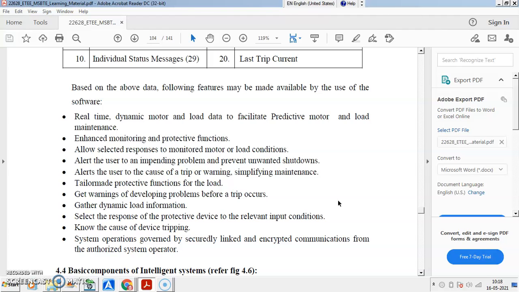Start analyzing. Your brain must be analytical brain. What I am saying, it is important. So analyze the things, analyze the parameters, think, and do the development. Enter, incorporate all these. Enter all these in your softwares. Develop software, develop logic. Go for more and more intelligent motor control center. That is required. So system operations governed by secure, that I have also already told you. Secure IP addresses. Why IP address? कोणत्याही गोष्ट सायबर केस